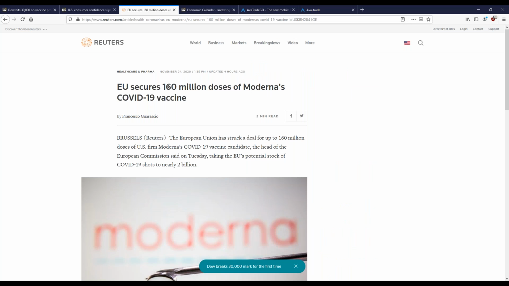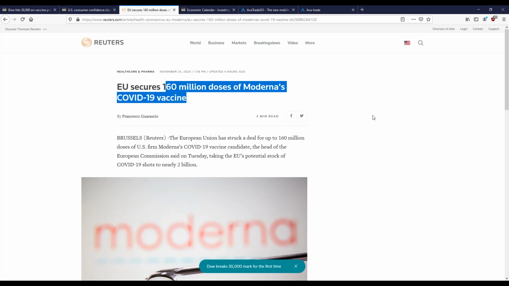European Union secures 160 million doses of Moderna's COVID-19 vaccine. Again, positive momentum. That's good news for next year, right? Investors aren't just looking at this week, that, okay, the virus has surged, there are lockdowns again. Okay, there's some fear about that in the short term, but investors are projecting into next year, wow, these vaccines look like they're really going to be able to do the job. And so news like this headline brings positive momentum again.